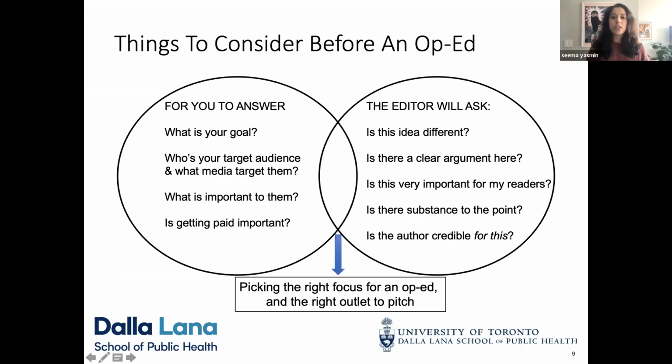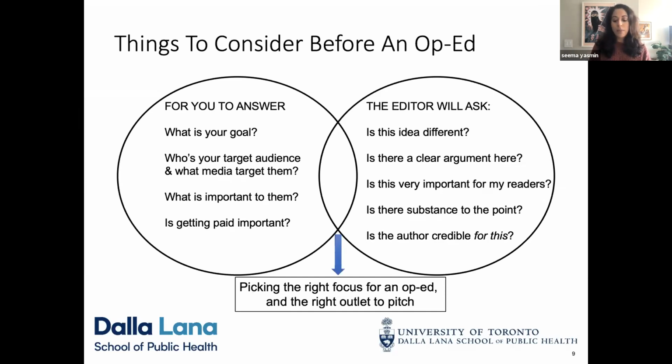But I just want to kind of summarize this, because you've had an idea. You're like, look, no one is talking about this, or people are, but they're missing this key thing. I am the right person to give you an opinion piece to inform you on this topic. And now you're thinking, okay, that's not enough. I also need to know, who am I writing this for? Who's my audience? Based on that, which is the right outlet? Which outlet is reaching that audience?